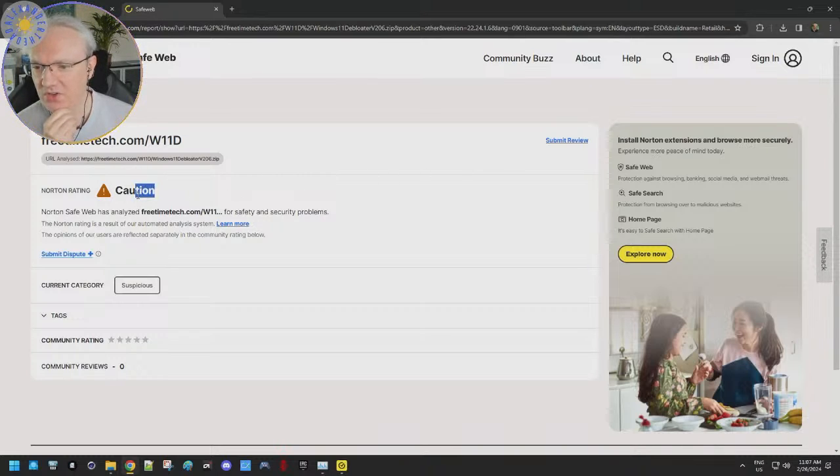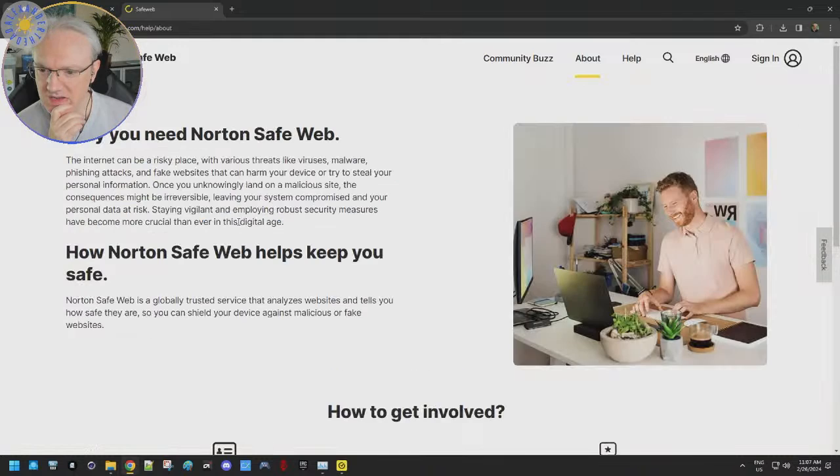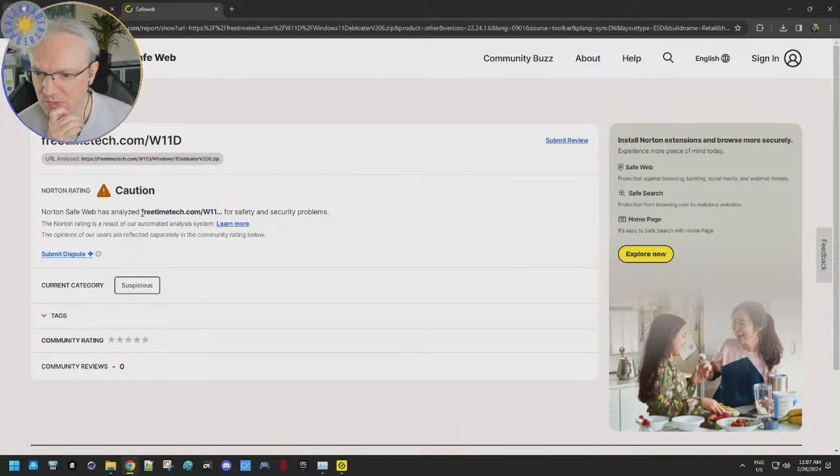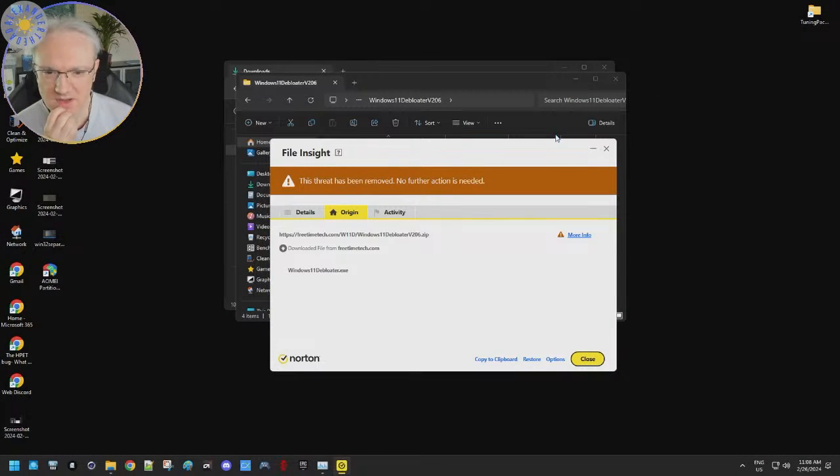It's just caution. So it hasn't found anything. It's just cautioning. Current category: suspicious. Well, I'm not going to use it if it's dodgy. I'm definitely not using it if it's dodgy, but I don't think it is dodgy, because if I actually run